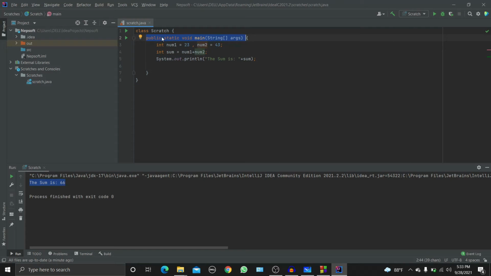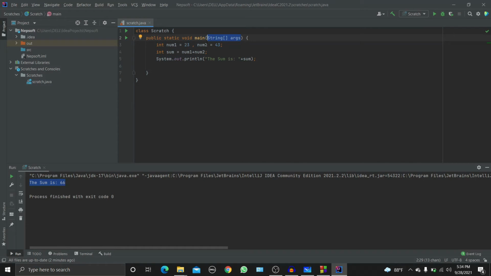And here we have public static void main. Public is a modifier, or you can simply say access specifier. There are three kinds of access specifier. I will talk about it later. And we have void main, which you already know, from where the compiler starts to compile. And here we have static. Static means it's stable. Once it's compiled, next time if you compile it again, its value doesn't change. Unless and until we don't reference the code, its value is not changed. And here in the brackets we have String args.